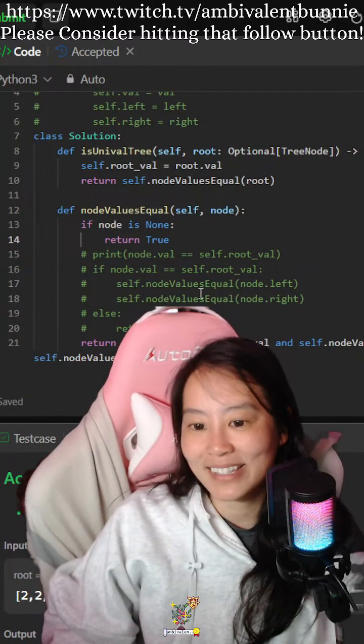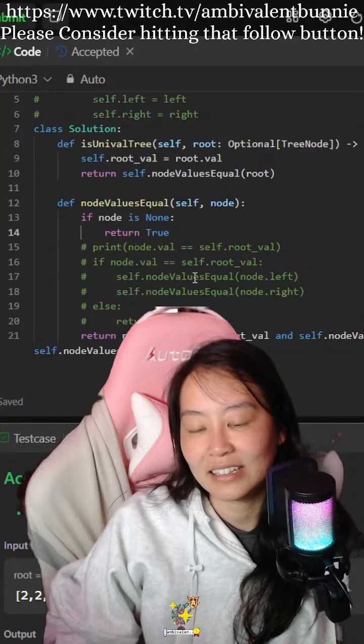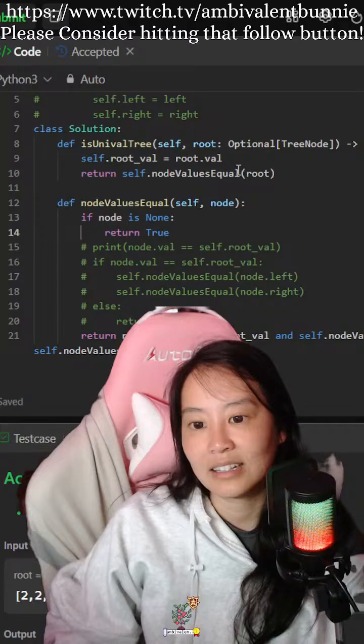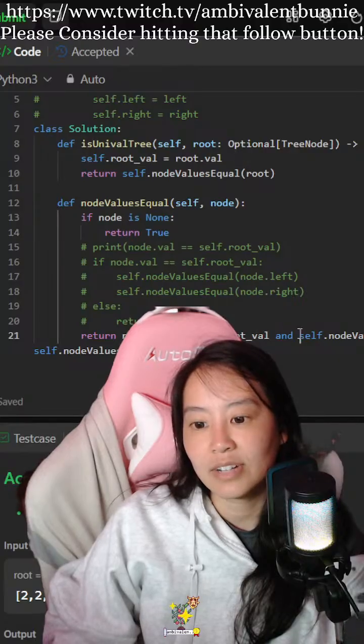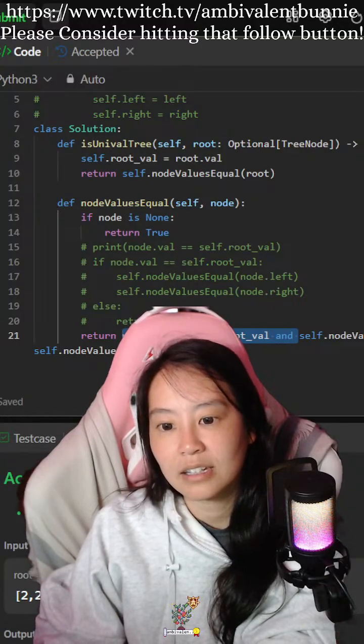Look at my base case. Do I need this? Wait, yes I do.